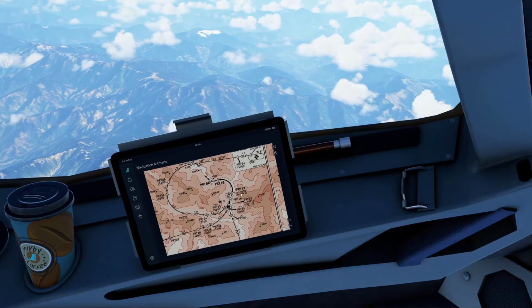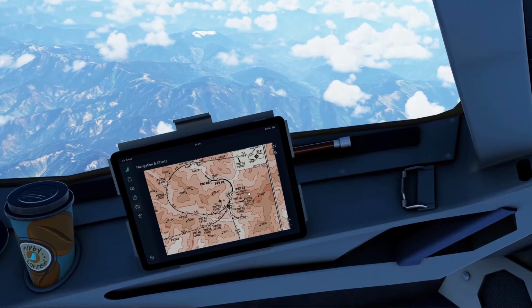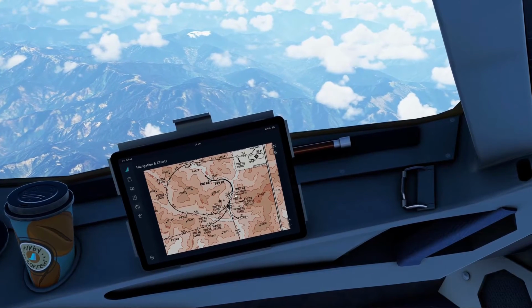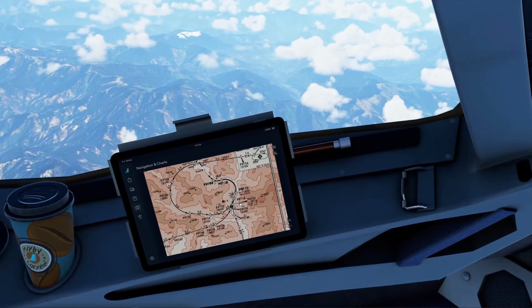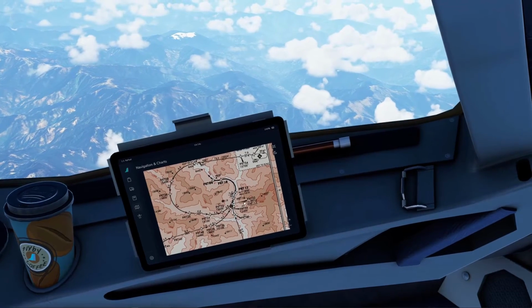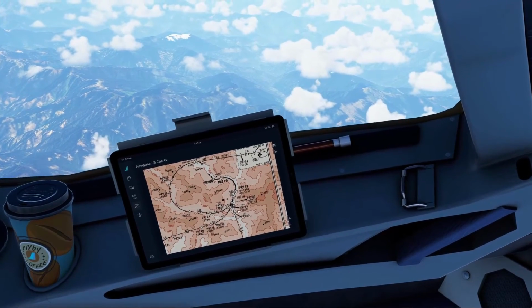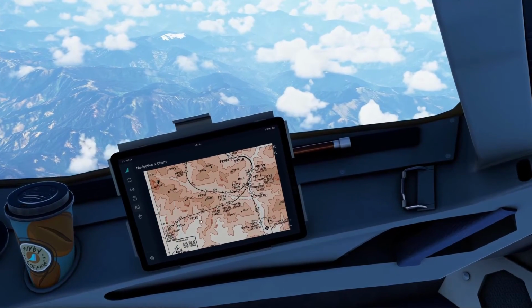Alright, so what I'm going to do, when I get to PR12, we're going to basically go hands-free, not hands-free, autopilot free, turn off the autopilot, and by the time we get there we'll be fully configured.